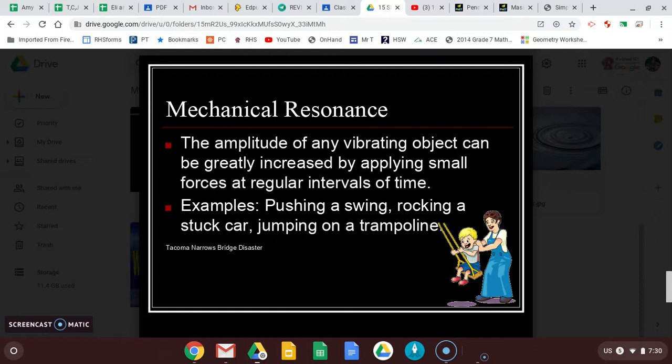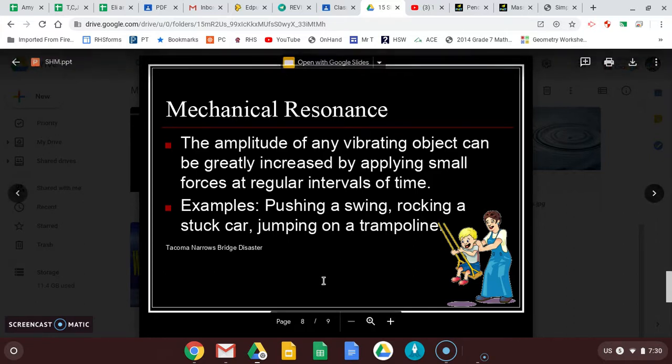So every object has what's called a natural frequency of resonance. And if you get a force placed at regular intervals that matches that resonant frequency, we call it, the system will start to shake a little bit, then a little more, then a little bit more, up to a point. If you've ever seen somebody, or probably not seen it live, but maybe on TV or something, you've seen